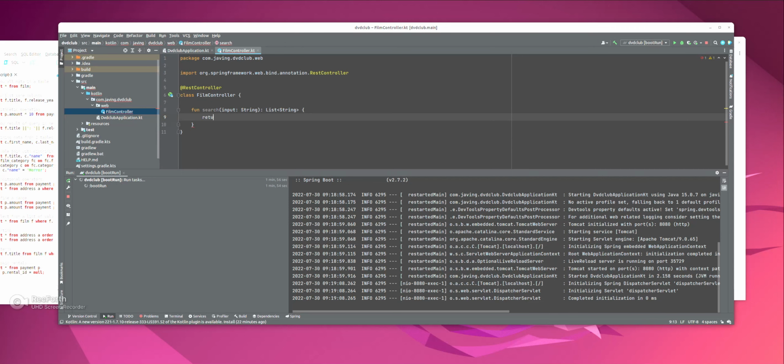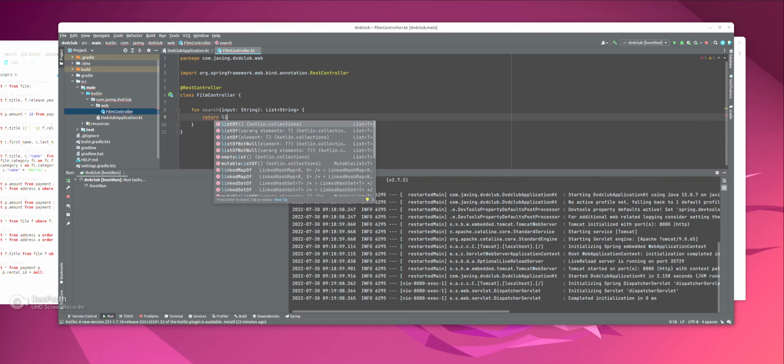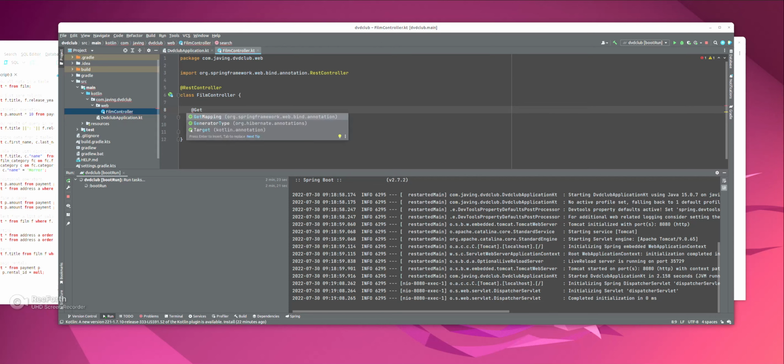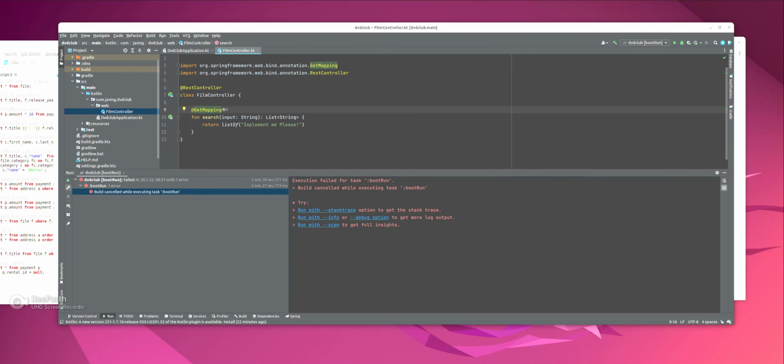And so for now, I'm going to just return a list which is going to say "implement me please". So this is going to be just what this endpoint is going to return. To make it an endpoint, because it's going to be a GET endpoint, we're going to use the GetMapping annotation. So if we run now the app again,